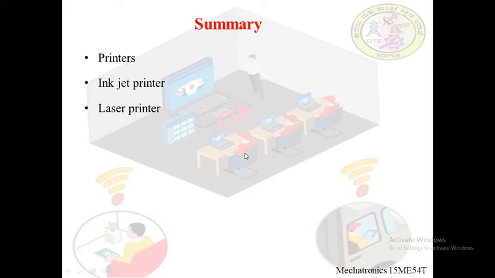So in our session today, we have seen printers, inkjet printer and the laser printer. We saw the dot matrix printer in brief, which we had discussed in our previous session. We saw inkjet printer. We understood how it works with the help of a simple video. And we also saw laser printer, how it is better and faster compared to other types of printer, and the fundamental concept behind the working of laser printer. So, we have to conclude the laser printer is the fastest type of printer that is available today.